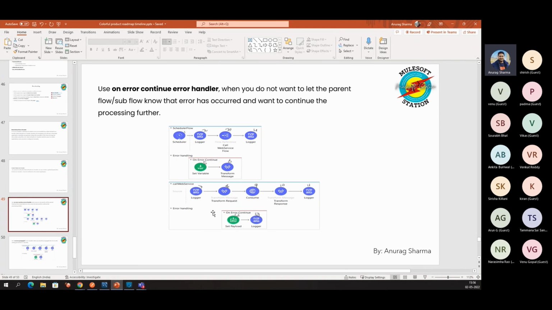For example, in this second flow, the first flow is the scheduler flow, the second is the call web service flow. So if any error occurs here, in this Consume HTTP request connector, but we don't want to let the parent flow know that an error occurred in the flow, what will we do? We will use On Error Continue. What will happen using On Error Continue? When any error occurs, it will go to On Error Continue. There it will handle the